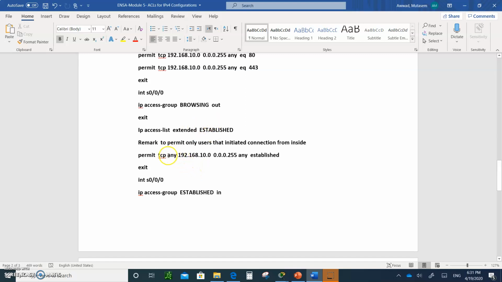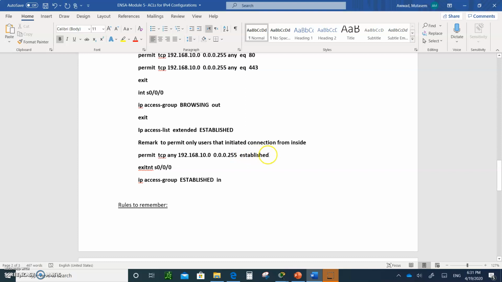So I'm going to say anybody that's coming in, going to the network 192.168.10.0/24, that's the wildcard, the 3 zeros with 255, and you don't need this word any. I'm sorry, so this any is not needed. So permit TCP, anybody going to this network,